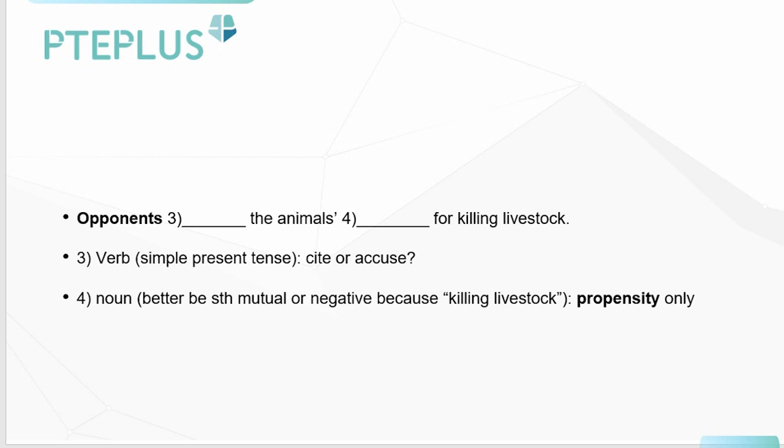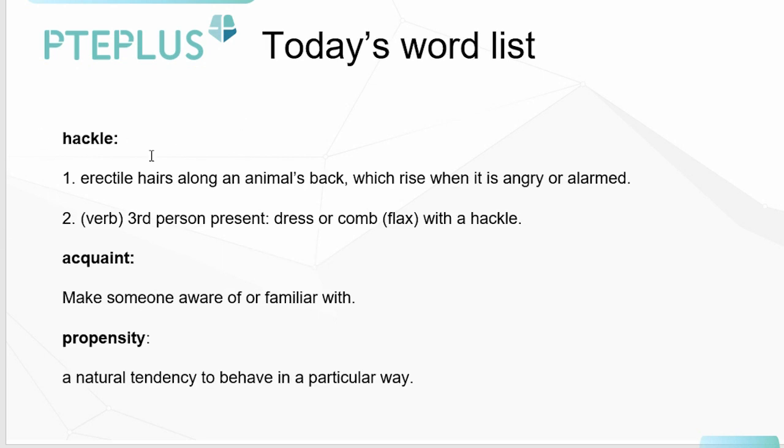doing such things. So you can see here that through today's lesson, we've been able to learn quite a few new words. For example, hackle. Hackle means either the erectile hairs along an animal's back, which raises when an animal is angry or alarmed, or in third person represents stress or calm with a hackle. So obviously this definition doesn't make sense. Hackle for us would be the first definition. Acquaint would be make someone aware or familiar with, and propensity means a natural tendency to behave in a particular